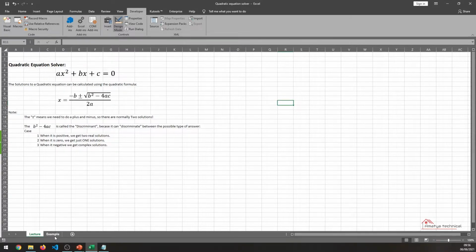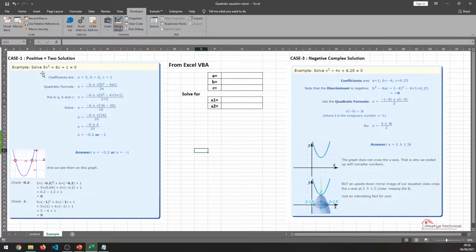So here I have one example. I provided two cases. In one, the value of b² - 4ac is positive, so we have two solutions, and in the other, the value of b² - 4ac is negative, so the answer will be a complex one. Here you can see on the left side I have a question: